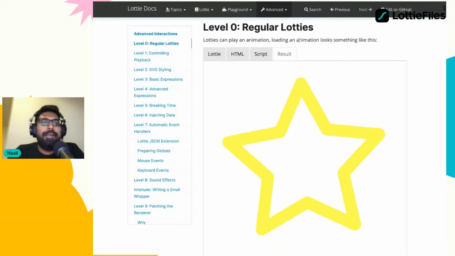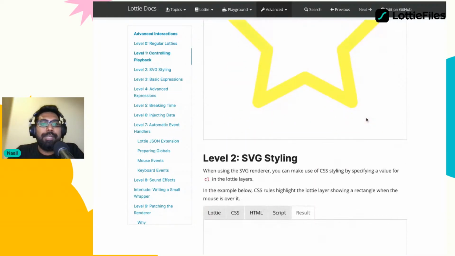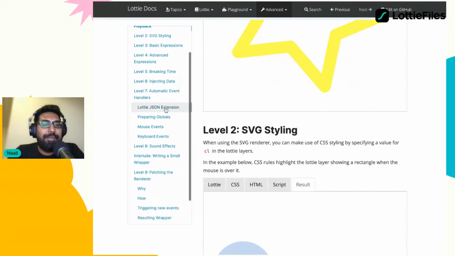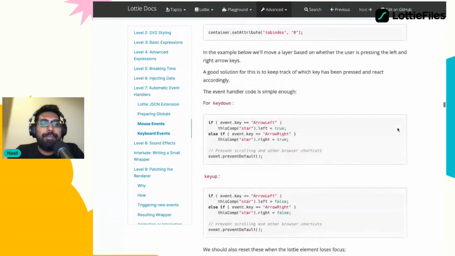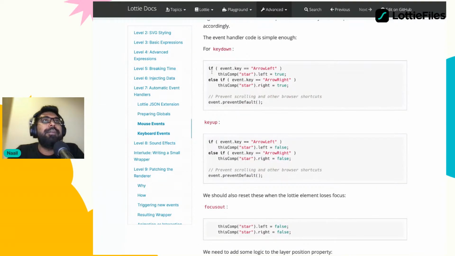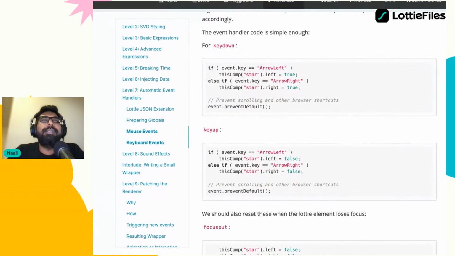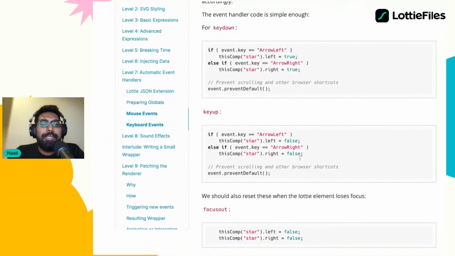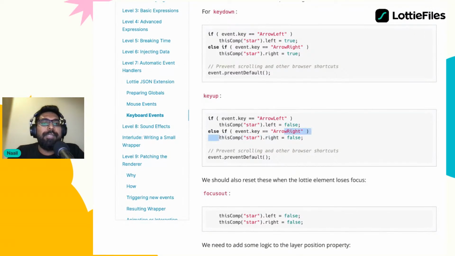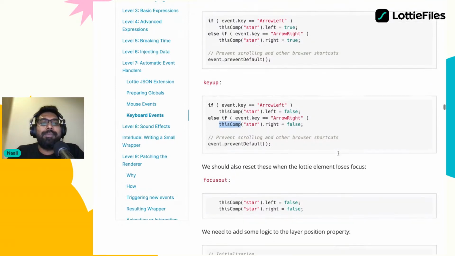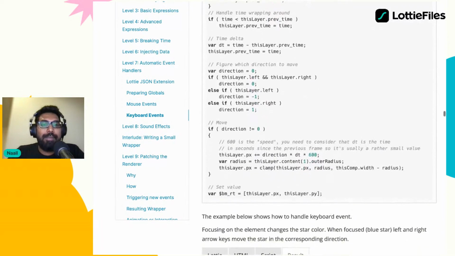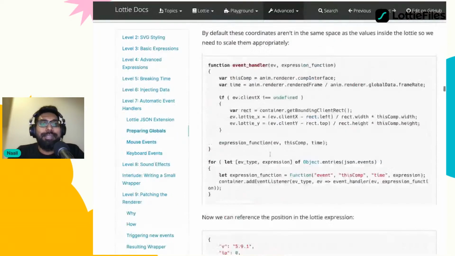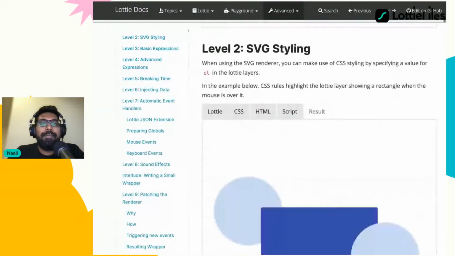So essentially, the scripts over here describe what we are doing. Some of the stuff that we have over there is triggering keyboard events, right? So for example, over here, basic JavaScript stuff, event key, etc. And then what we are really doing in there is updating variables in the Lottie itself. So this comp refers to the Lottie composition on the page. So once you do that, if the expressions are keyed in to handle it, like you see over here,